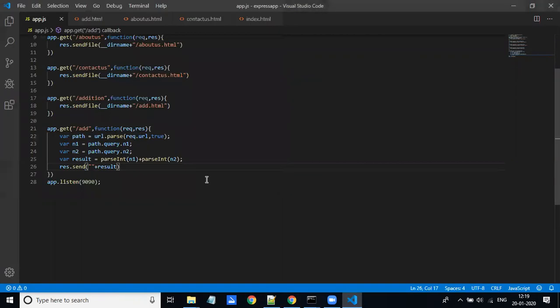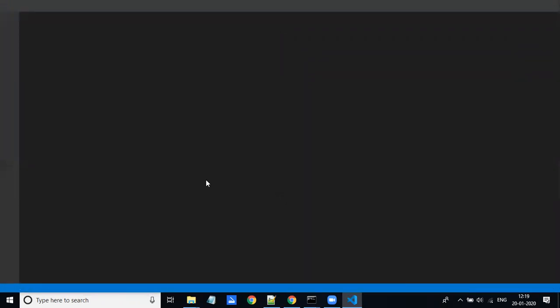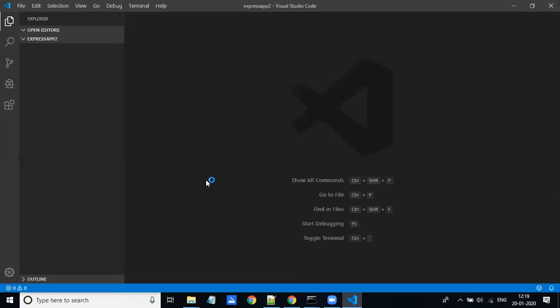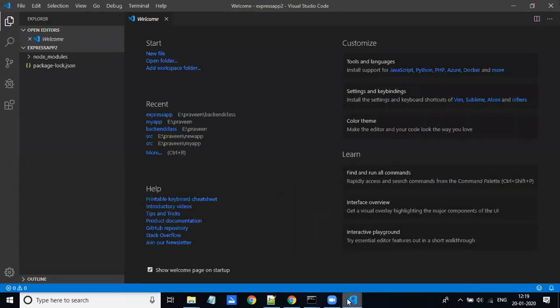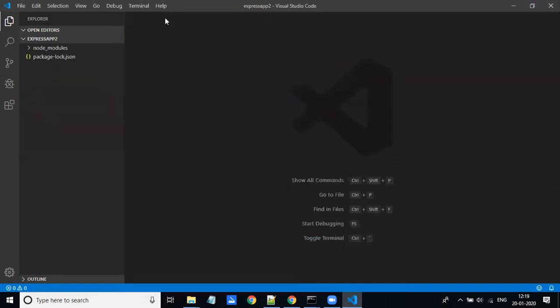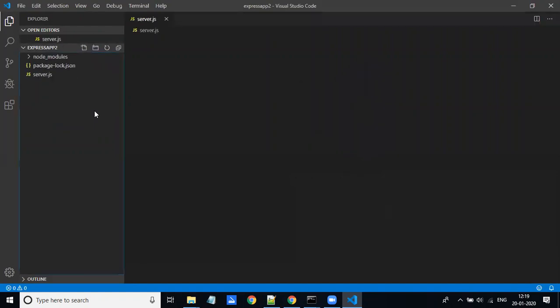I'm selecting this folder. Earlier I was having Express on my Visual Studio Code. Now I have a fresh Express app. Here I would like to create a new file for the main file or root file or server file. That file name is app.js. Sometimes some applications will call it server.js. Here I'm creating a server program. So first var